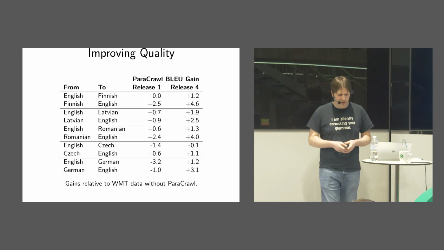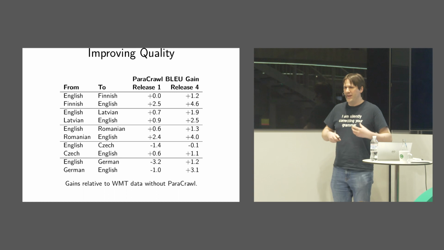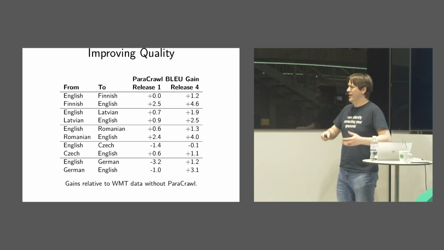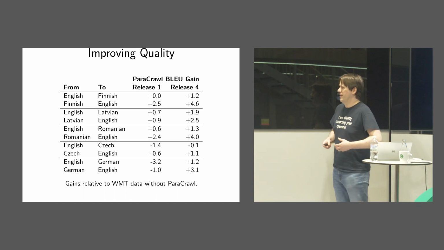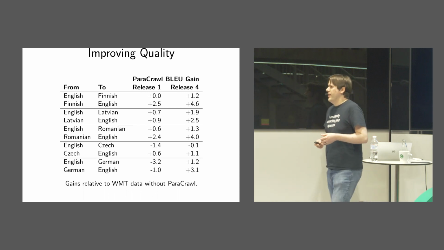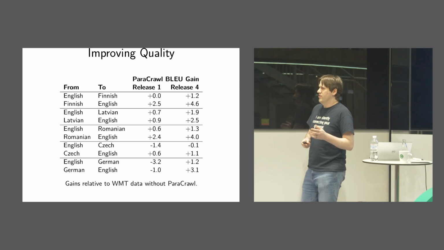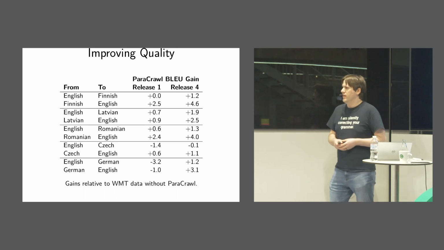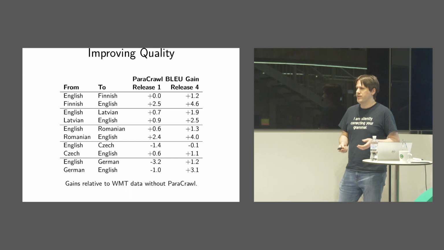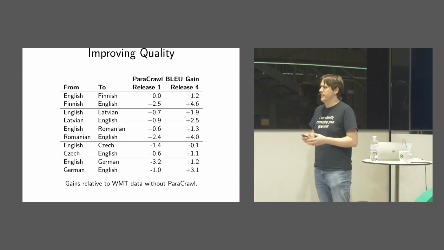And the saying goes that 1 BLEU point is publishable. So if you improve your model and you get 1 BLEU point gain, you're allowed to have a paper in ACL, if your model is awesome. But across several languages, Finnish, Latvian, Romanian, and such, and covering a range of low resource and high resource languages, we see gains in the quality.